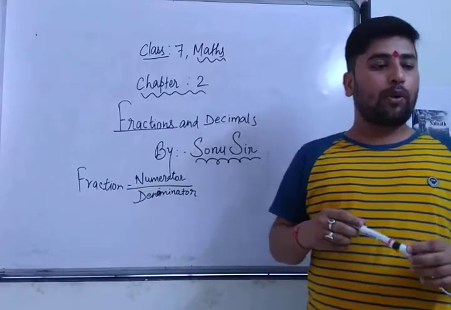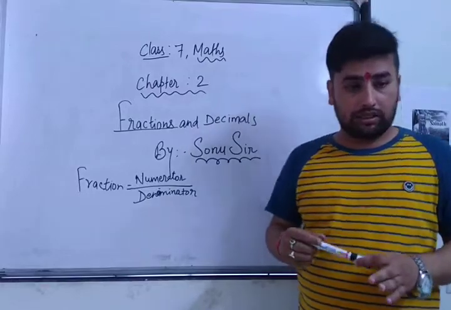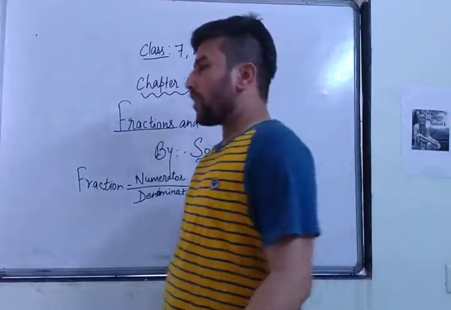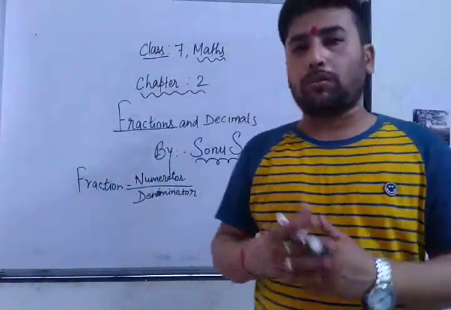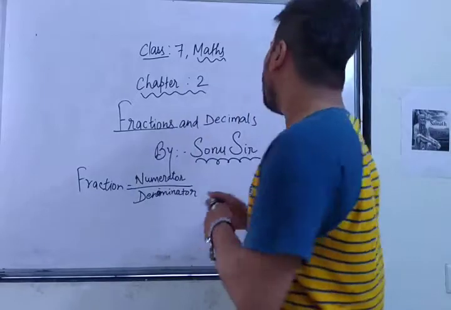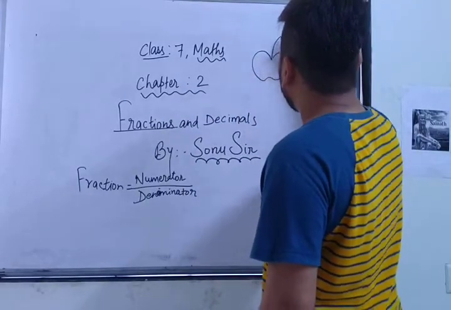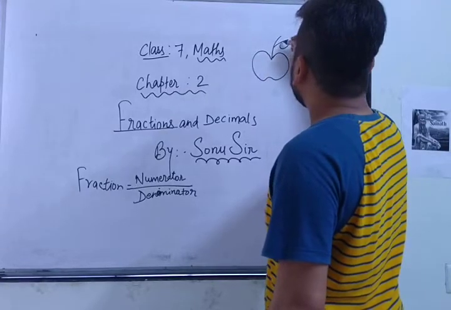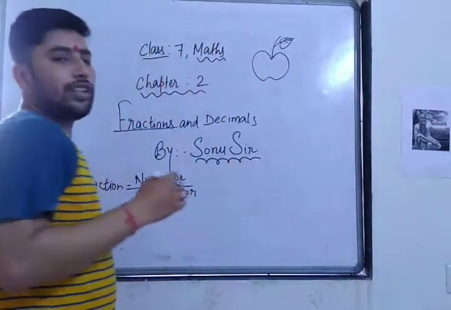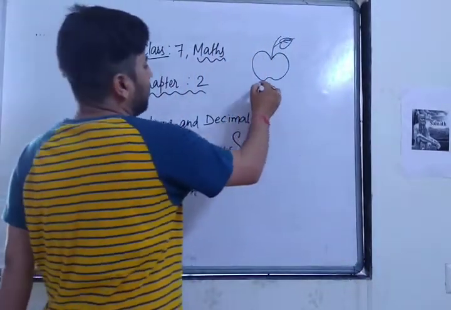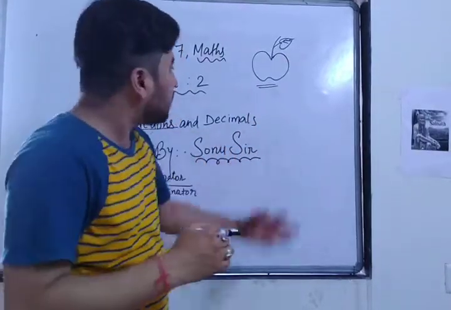Now first of all, a proper fraction and improper fraction. A proper fraction is a fraction that represents a part of a whole. What is fraction? Fraction means a part of a whole number is called fraction. As an example, today I have bought one apple from the vegetable market. Just suppose this is one apple. All of you are eating apple at your home. Right now you may not be getting it, because right now the COVID-19 lockdown is there. But you can bring this apple later. Just suppose this is a whole apple. I was trying to eat this whole apple.